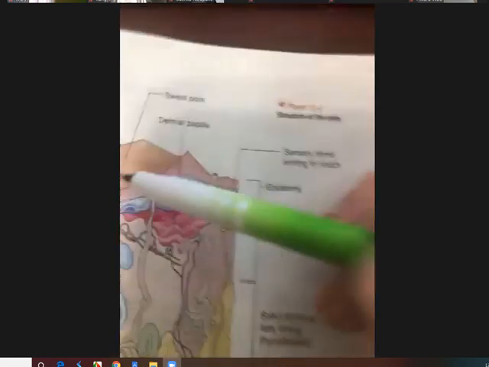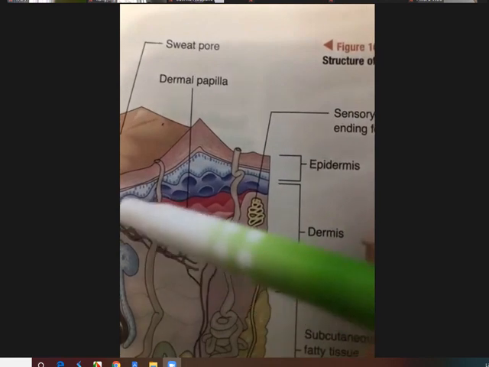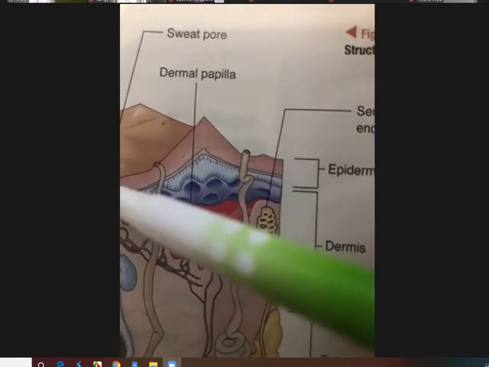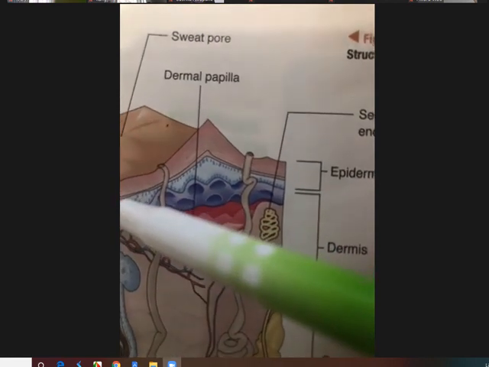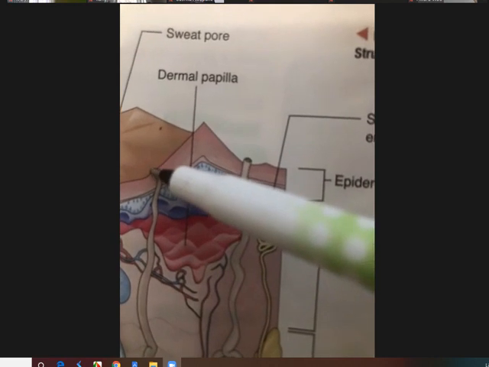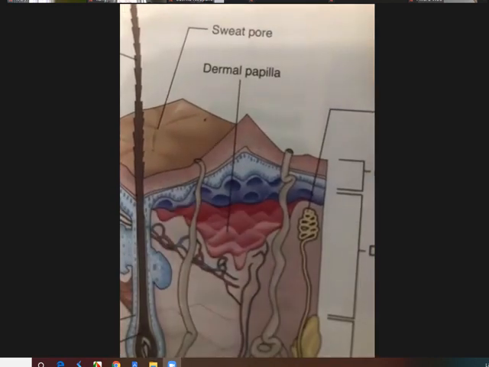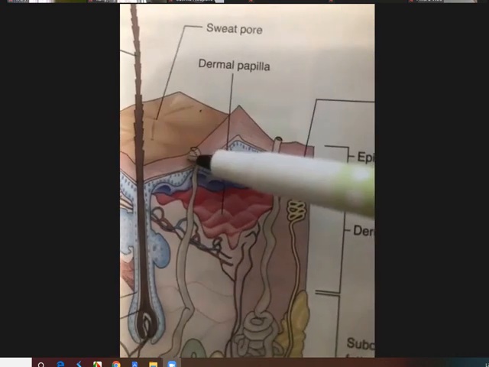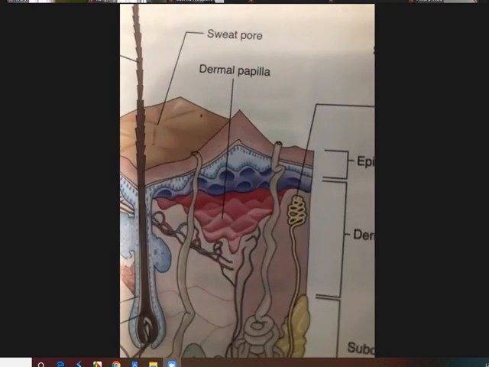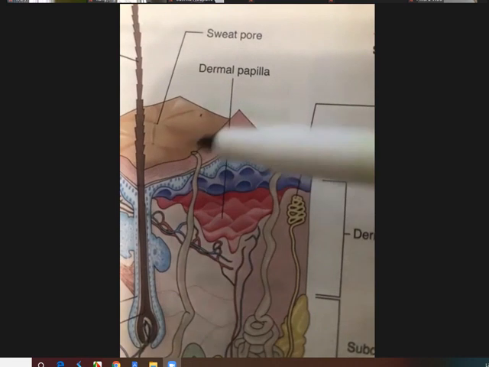So you can see here, this is a hair follicle, and this part here, the opening is called the pore. So this is a sweat pore. This is a hair pore. Okay, or we call it the follicle. Okay, so sweat pore, hair pore. The opening on the skin is called pores. P-O-R-E-S. Pores. Pores 就是毛孔。